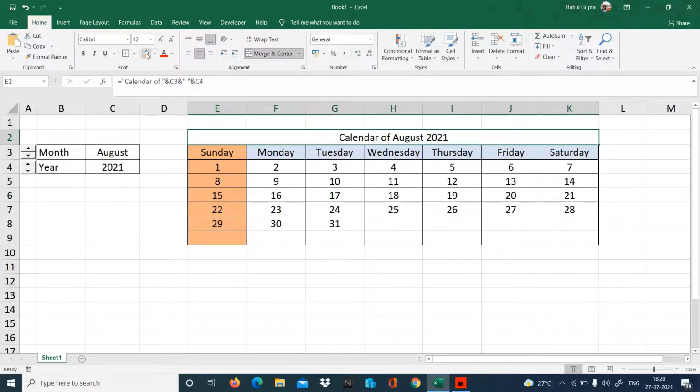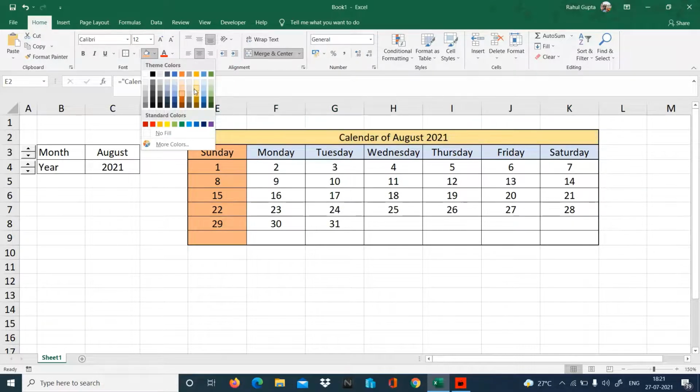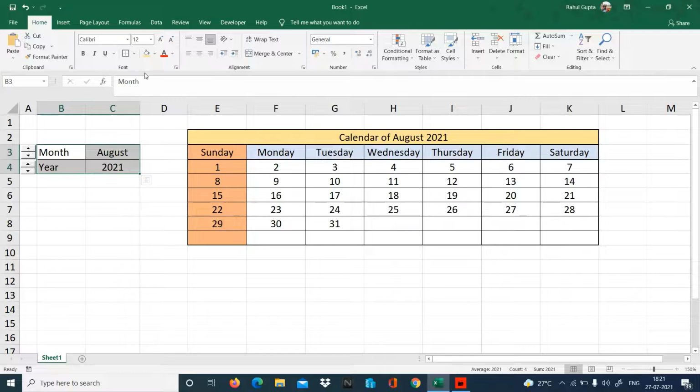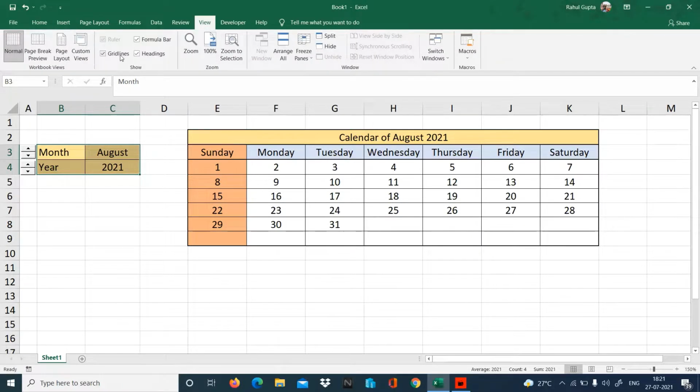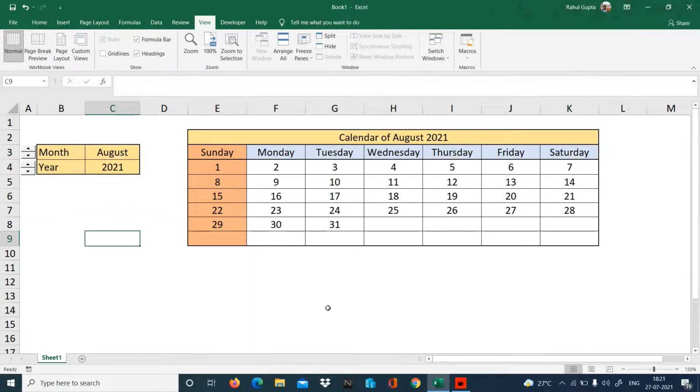I'll just fill up this one with this color, or any other color might be. It's up to you what type of colors you want to fill up. Also, I want to make a dark one, and now I'll go to View and remove the grid lines so that it will look like this. Now just change the values and you will get a specific calendar in front of you.